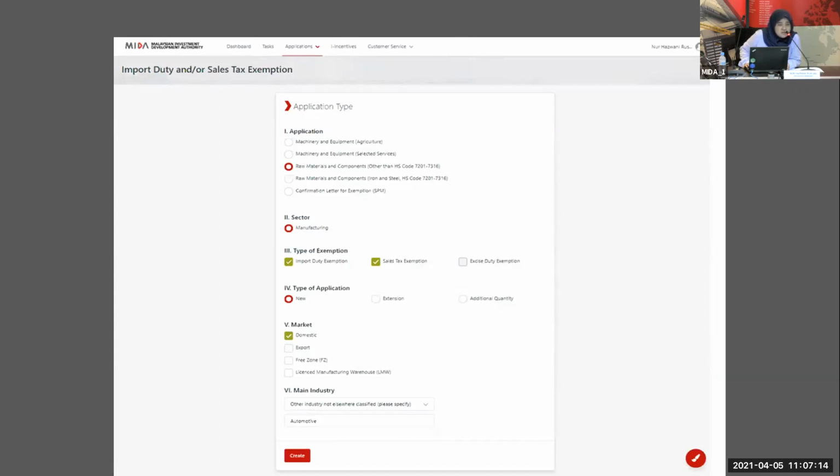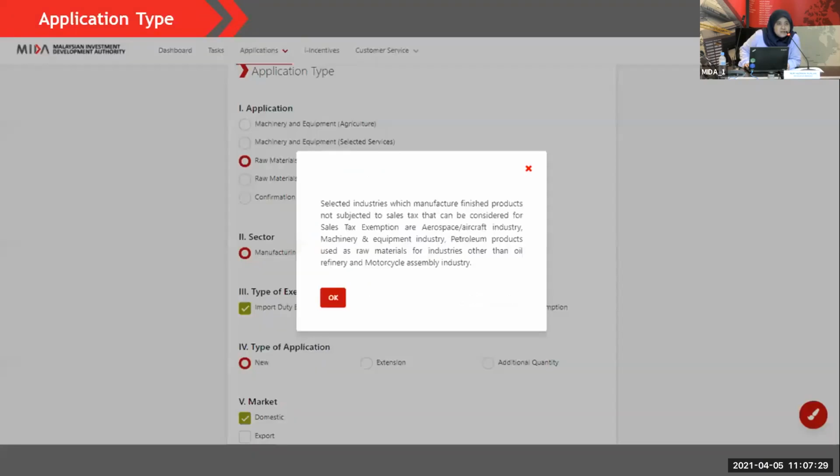You can select whichever is relevant to your application, whether it's import duty exemption or sales tax exemption. One thing to note here is if you select sales tax exemption, there will be a pop-up message saying that the sales tax exemption is only applicable to selected industries.